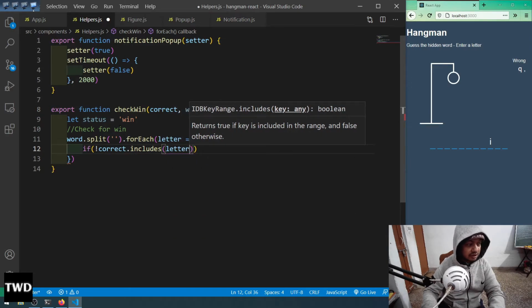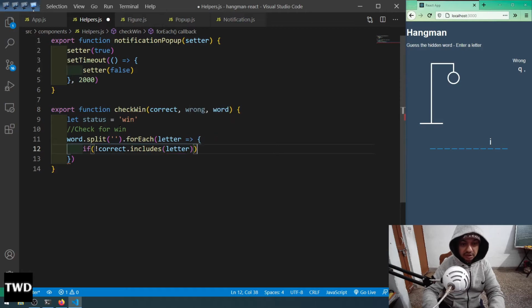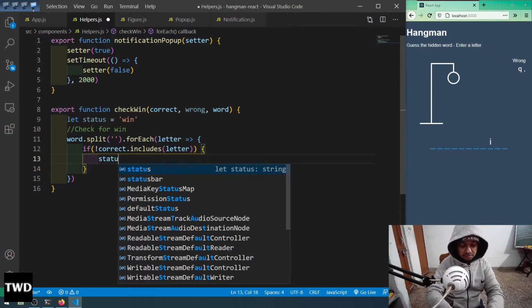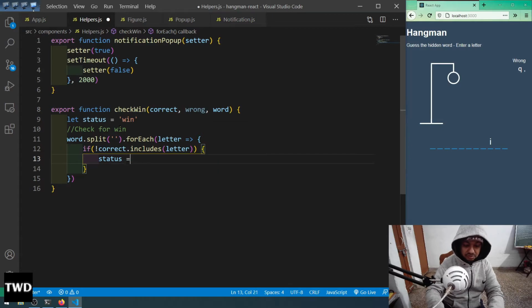If it doesn't include a letter, then status equal to empty, nothing is there. If it doesn't include, by default the status is win. So if this goes, then the status will be nothing. So this will be done for everyone. If it doesn't include the correct thing, then correct is the complete. We will soon get it, then we'll understand more. So it will make the status as nothing,